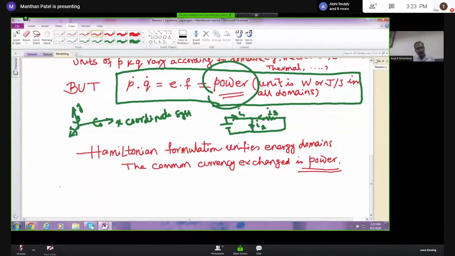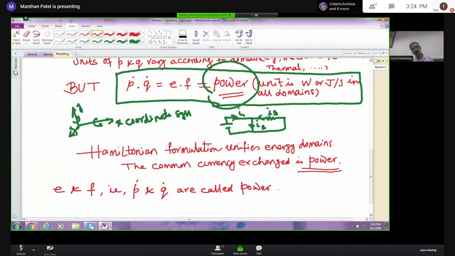So we define some things, E and F, that is P dot and Q dot, which are called power variables. They are called power variables so that